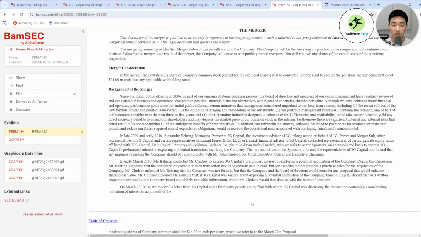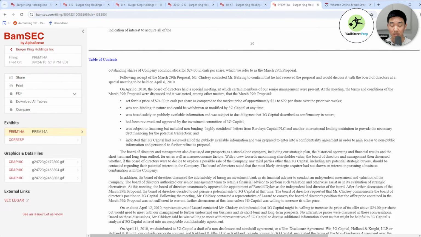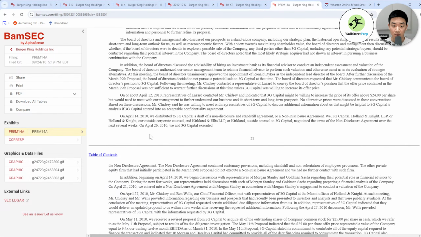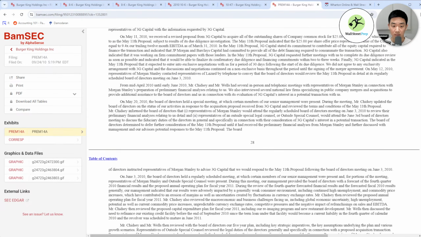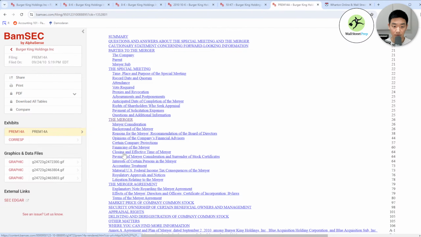Okay, so if you go to the merger, there's a lot of good information. You can go to town on this stuff with all the background and whatever you want. A lot of really interesting background for every single transaction that happens. And all of it needs to be public because of the SEC. So you can see here when the proposal was made. It was made April 6th, and then all this stuff happened. The thing I'm looking for, oh, actually, this is not what I'm looking for. I'm looking for, was it merger consideration?